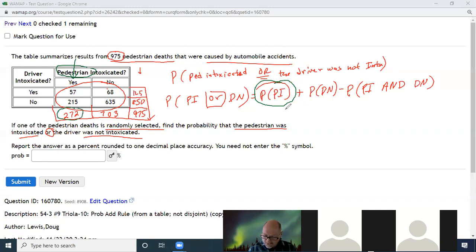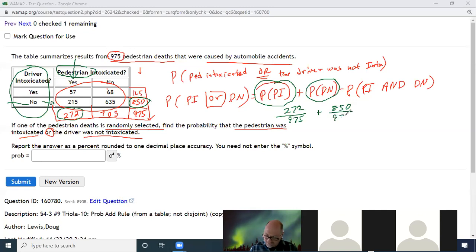So there's 272 pedestrians who were intoxicated, right? Out of how many? 975. Now, how many of the drivers were not intoxicated? So now we go to the driver one and we look at the no row for drivers. These were all the accidents where a pedestrian died and the driver was not intoxicated, of which there were 850 of them. So that's 850